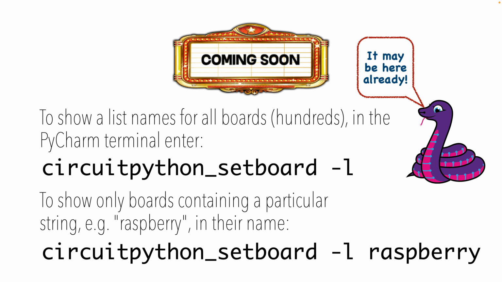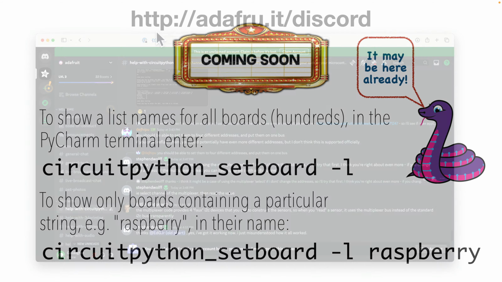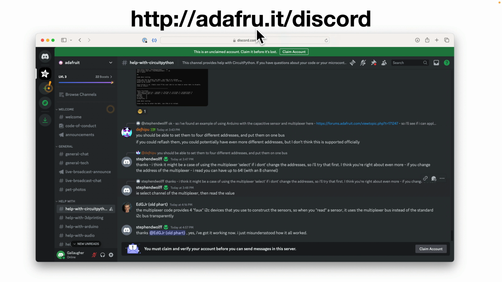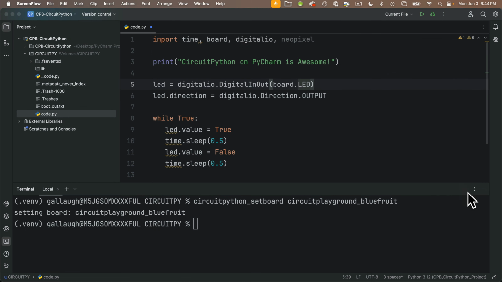Again, the revision has been made. It just hasn't been pushed out yet. So at the time I recorded this, I'm not able to demonstrate it. But take a look for it, and if for some reason you still can't find the board's name, ask on Adafruit's Discord. So now I can close the PyCharm terminal window by clicking on this horizontal line,